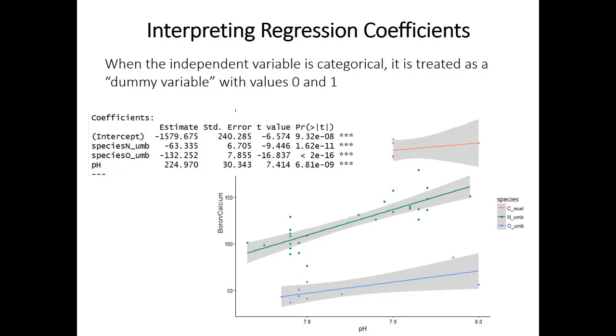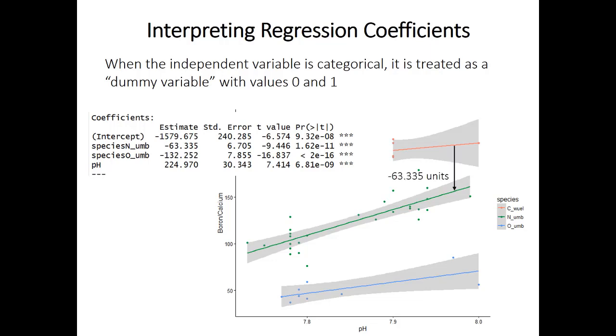In this example, when there are more than 2 levels, here 3 species, they are treated as multiple pairs of 0 and 1. R does this alphabetically, so the species C wool is 0, and the other ones are 1 in this pair, as you can see from the coefficients. If you look at the coefficients in the results table in R, you'll notice that they're minus 63 and minus 132, and what that tells us is that